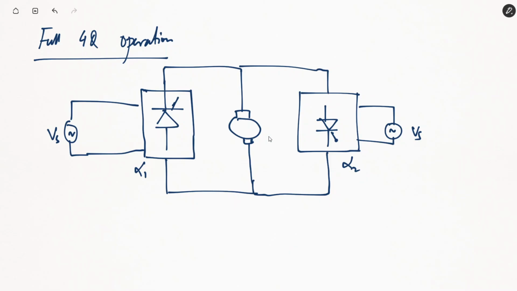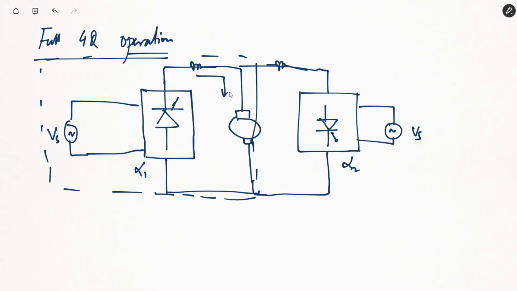Also, we can make use of smoothing reactors here so that we can actually filter out the current flowing through the circuitry. So looking at one circuit at a time, if we take this circuit, the current can flow in this direction, while the voltage output across this can be either positive or negative. So voltage can be positive or negative.